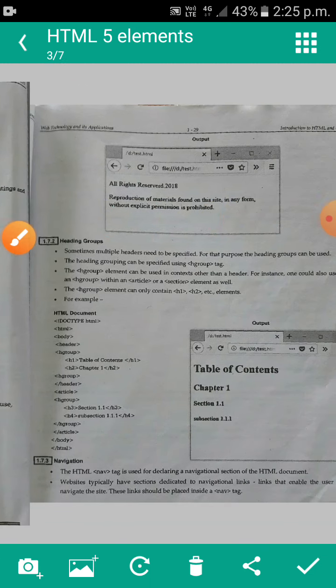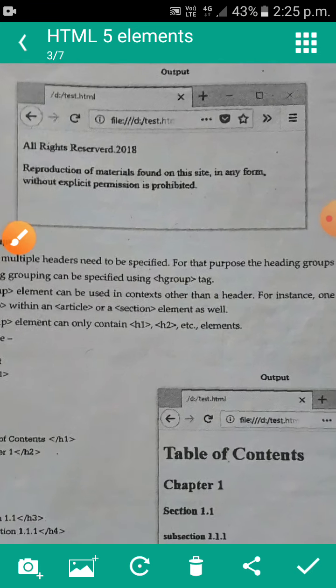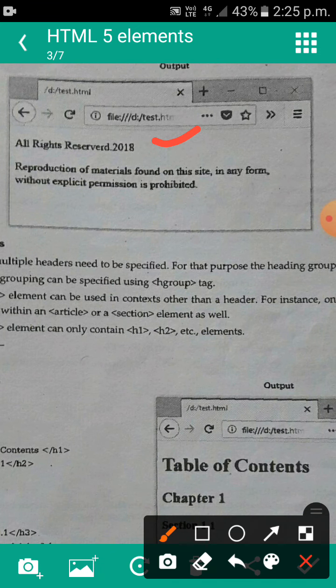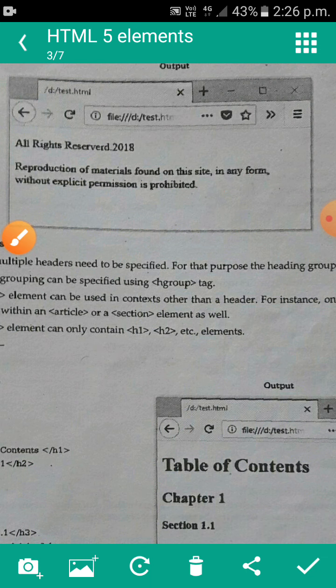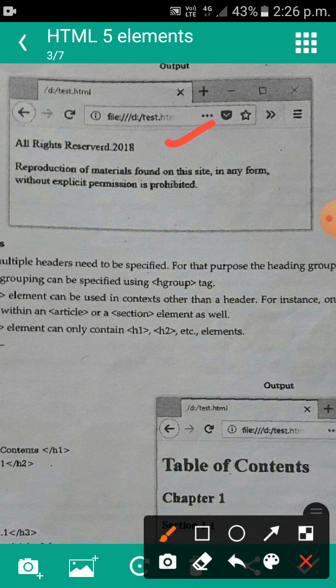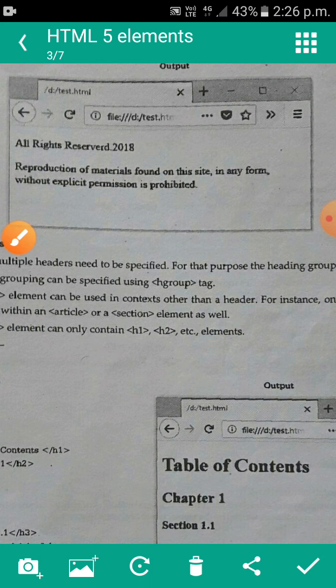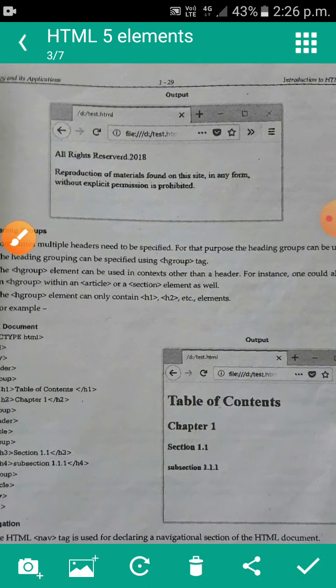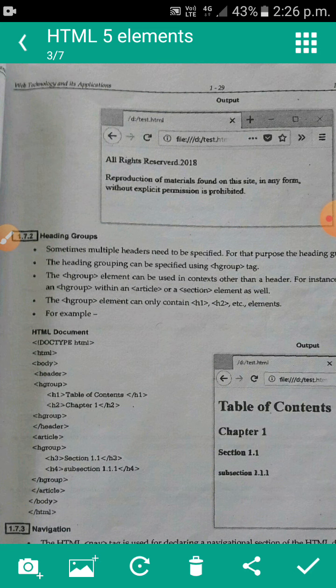This is about header and footer. This is the footer of the web page, a copyright information displayed in the footer.